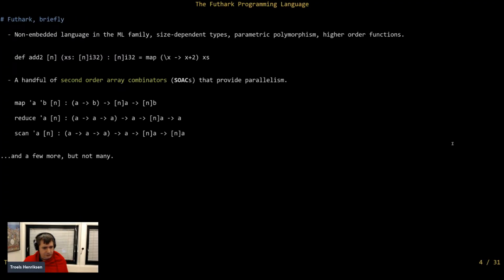So briefly, just in case for those who do not know Futhark, which, considering that it's an academic, obscure language from Northern Europe, is probably many of you, I'll give a brief introduction to how it works and what it looks like. So it's a standalone language. It's not embedded in any other language. It's in the ML family, and where I come from, ML means the family of languages from Milner's original Edinburgh ML. It means functional language, not machine learning, but I guess for Futhark it will actually be both.